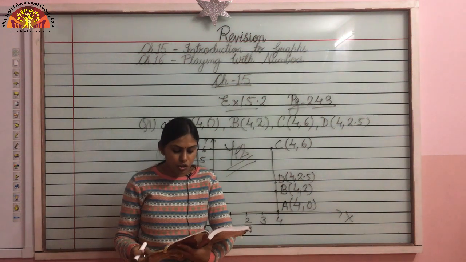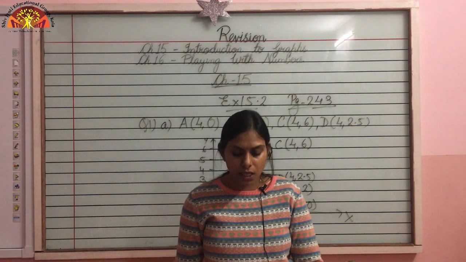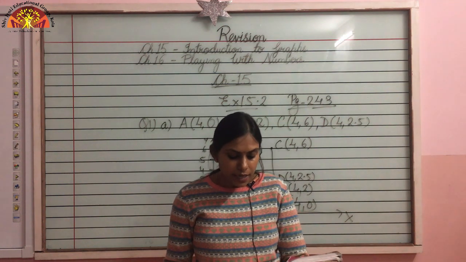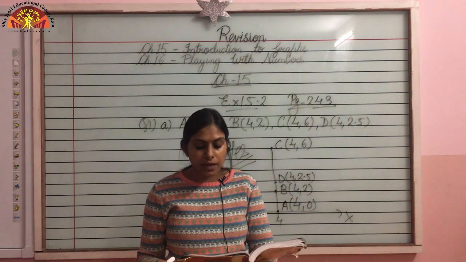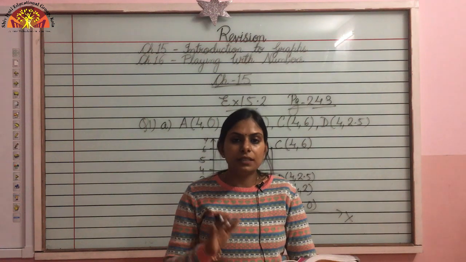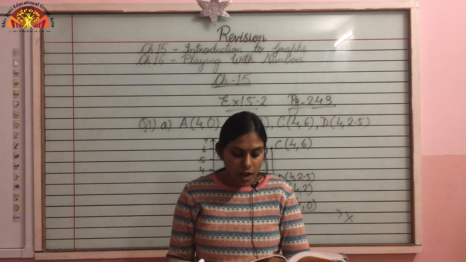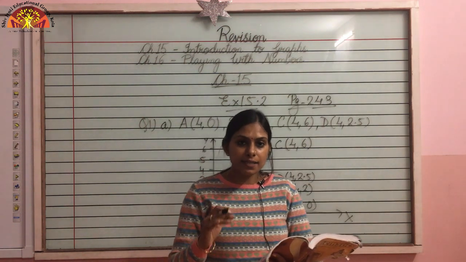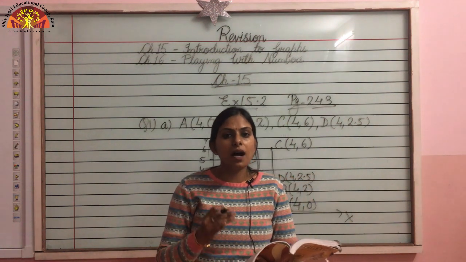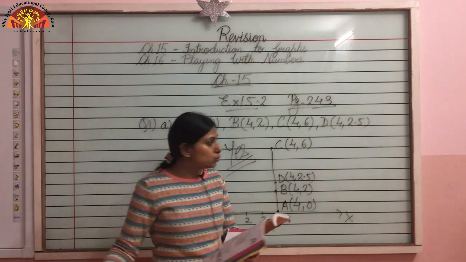Now just see question number 2. Draw the line passing through 2, 3 and 3, 2. Find the coordinates of the points at which this line meets the x-axis and y-axis. So children, you can see over here that the 2 points are given to you and you have to plot a graph and you have to answer on the x-axis what is the point where they will meet and on the y-axis what are the points where they will meet. Okay. So we'll just plot a graph for question number 2 now.